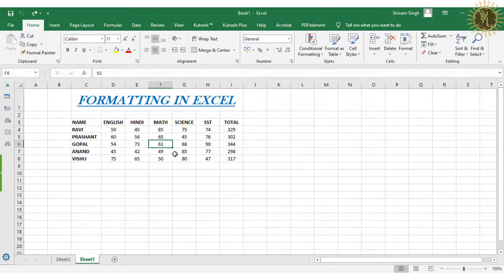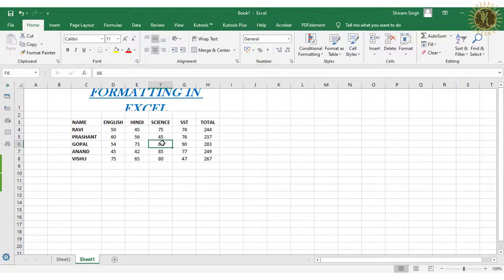After that, how to delete an entire column. In the same way, select a cell in that column, go to delete, then delete sheet columns. Click on this, and you can see the math column has been deleted.